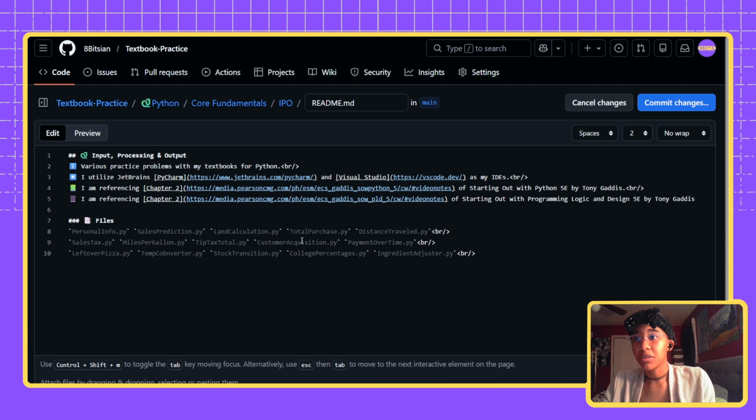They skip customer acquisition and payment over time. They go straight to temperature converter. They do ingredient adjuster. They do male and female percentages, stock transition program. So they do have stock transition. College percentage in